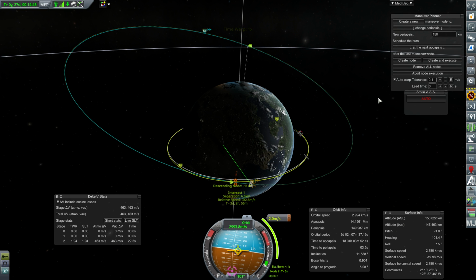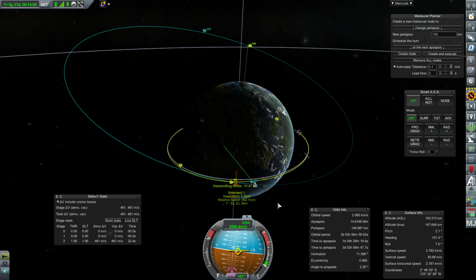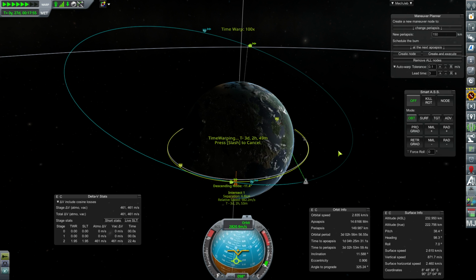So it's going to be a slight burn. Something with this precision is probably only something that we could do with MechJeb, because even at 1% burn, that would be really hard for me to pull off. All right. So in theory, if we warp all the way around again,